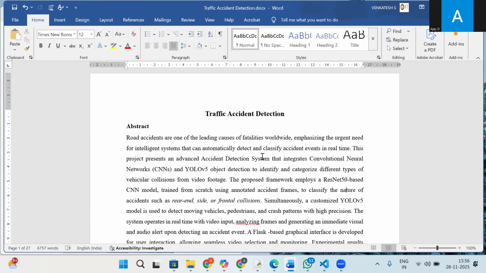Hello everyone. Today we are going to see the project called Traffic Accident Detection using CNN and YOLO V5. The aim is to automatically detect and classify road accidents in real time using deep learning. Road accidents are one of the major causes of deaths worldwide, and many occur because accidents are not reported on